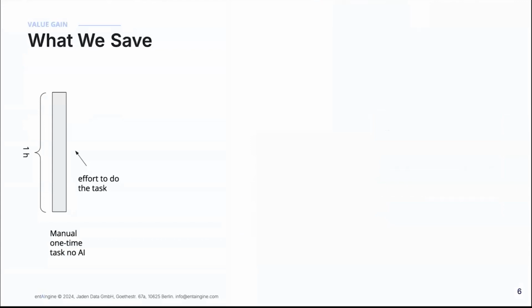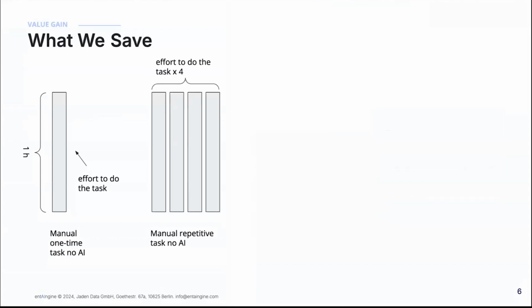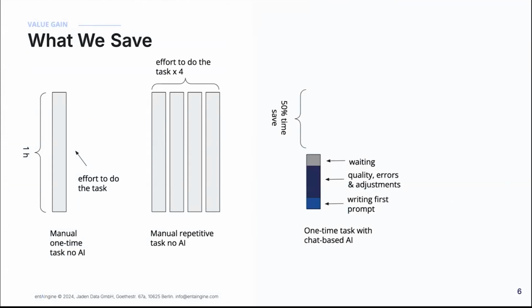Of course, we already use ChatGPT. Let's say she has 100 different invoices that she needs to check, if they're correct and if they're corresponding to the right bookings in their accounting system. That might be a 1-hour task without any AI. If you have 4 times the things, this is then 4 times the time that you need to spend on it. When you do a one-time task with a chat-based AI, you can gain quite a lot of time,